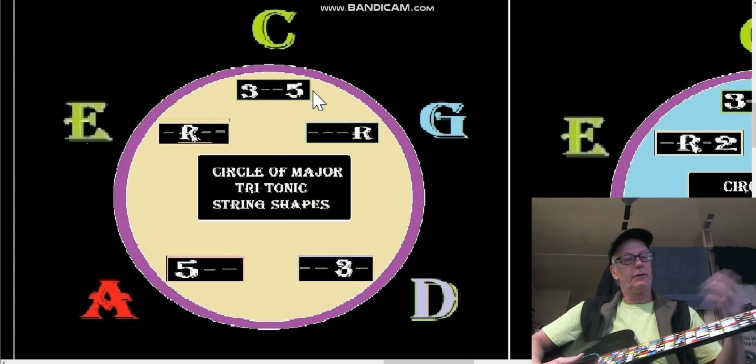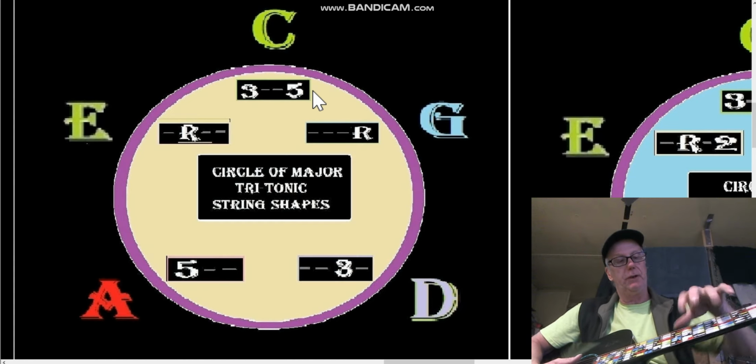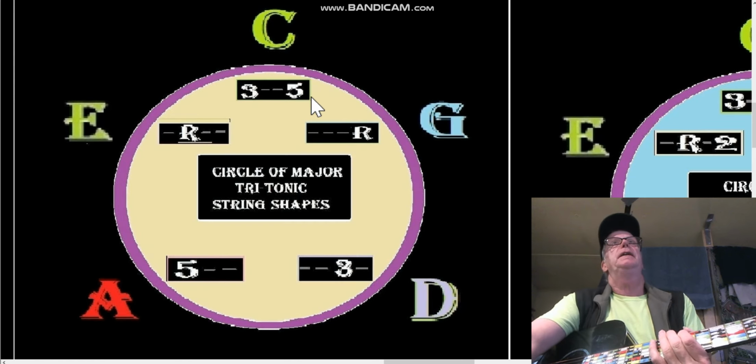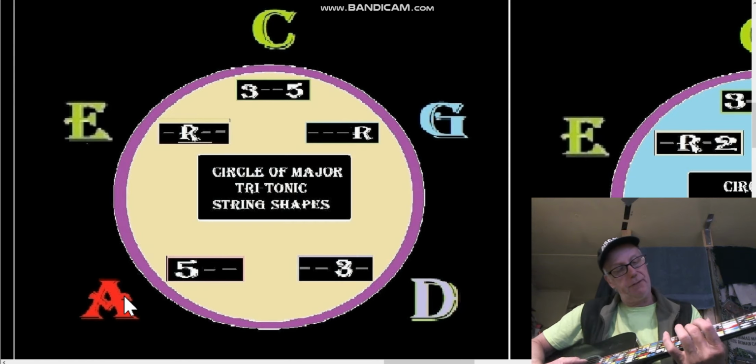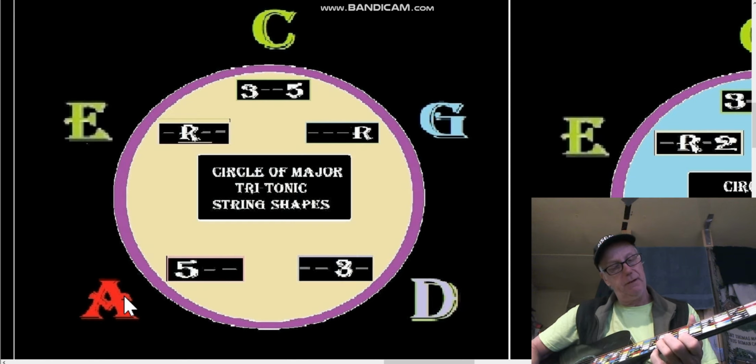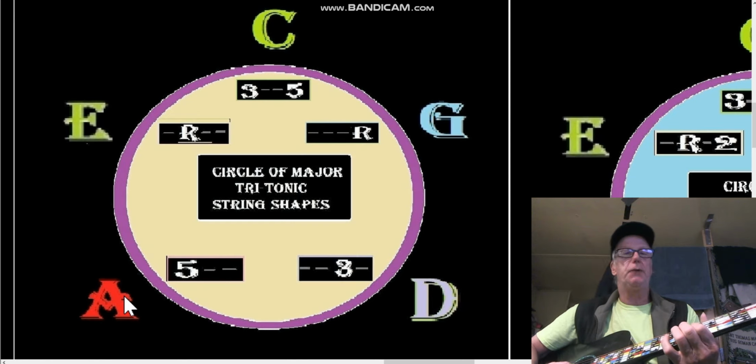Whereas normally, if the double string wasn't doubled, because top and bottom string are doubled, then we just add 1 inversion. So if we're playing in the A box here, we start 5, 5, root, 3, 5, root, 3, 5. The 5, root, 3 here is second inversion. Add one inversion will be